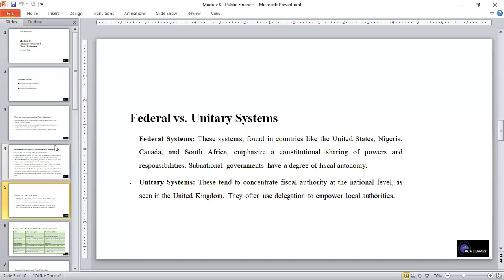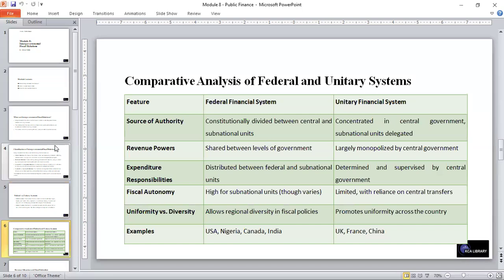Subnational governments have a degree of fiscal autonomy under the federal system. The unitary system tends to concentrate fiscal authority at the national level, as seen in the United Kingdom, and under this, they often use delegation to empower local authorities. And looking at it comparatively,